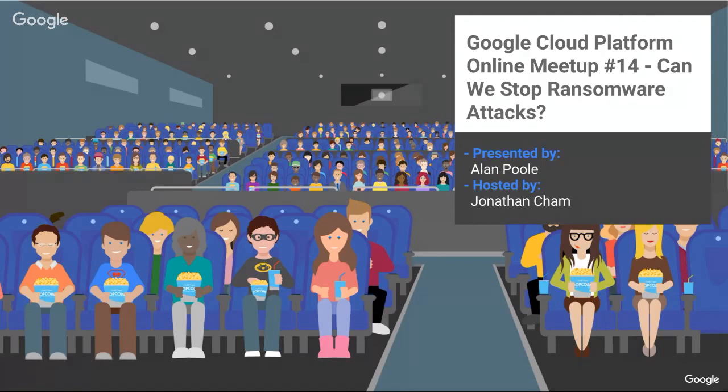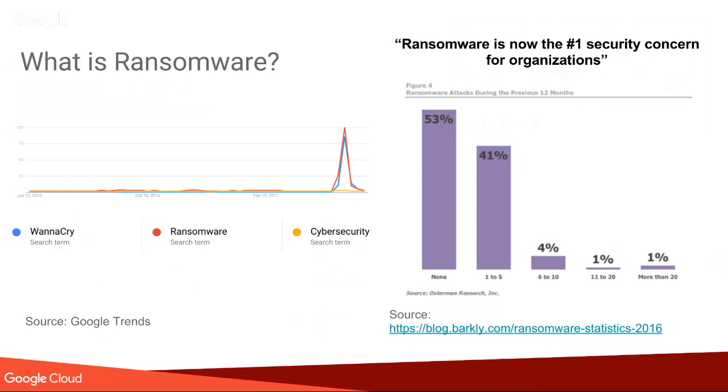Great. I know that you've been working with a lot of customers around our security posture here at Google Cloud. Maybe later we can talk about what typical customers are asking about security when it comes to going to the cloud. But I guess in just 2 minutes, can you describe what WannaCry was? Why did it get so much attention? And what is the impact of something like WannaCry?